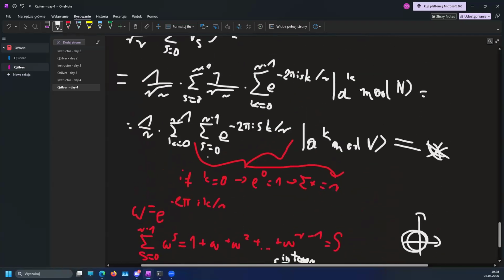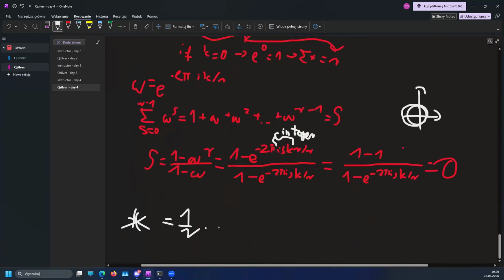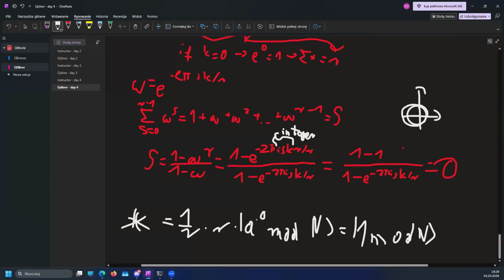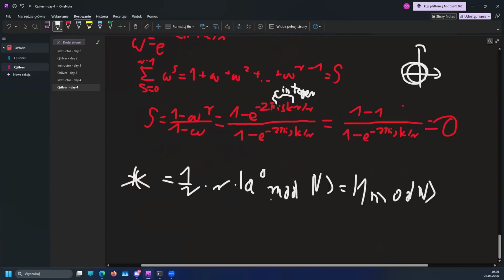So we know then that this whole big summation will be equal to r. So times r, and then we get our qubit, mod n, which is in short equal to 1 remainder of n. So as you can see, the equal superposition of eigenstates is precisely equal to this formula,